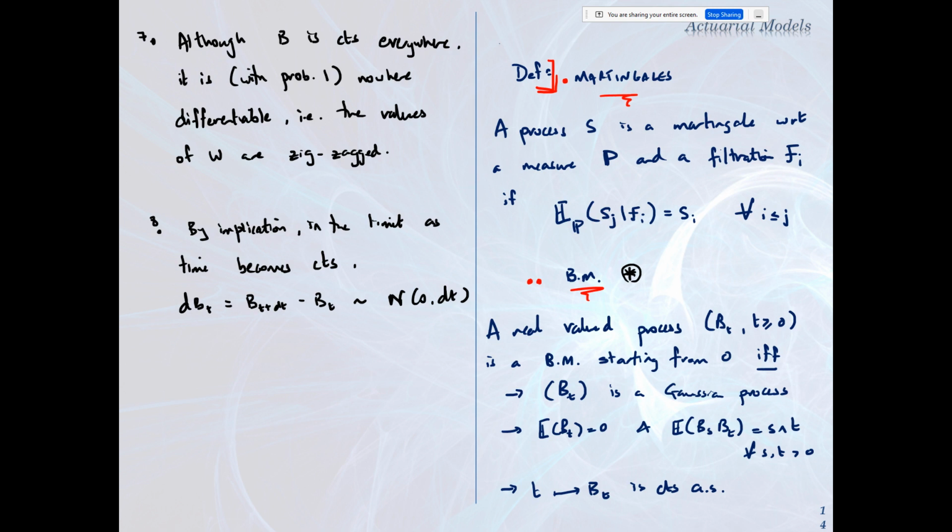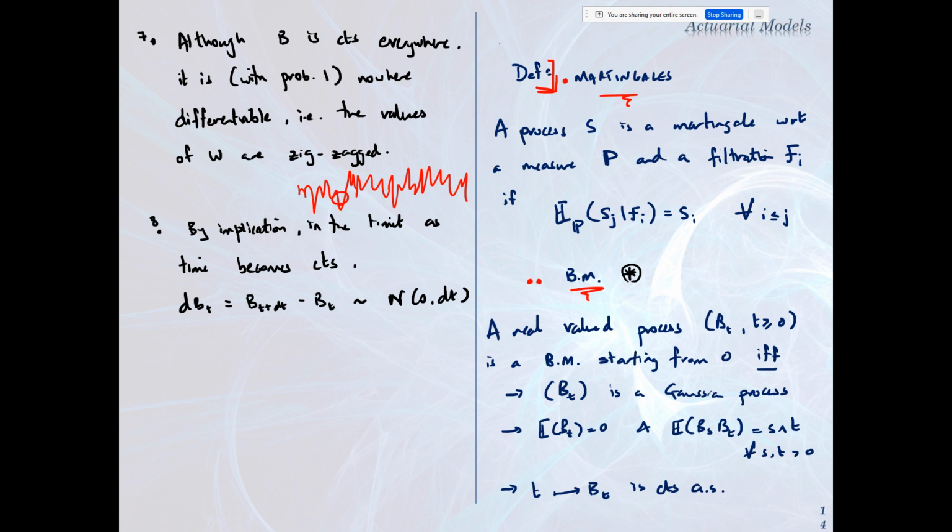Good. So although B_t is continuous everywhere, it is with probability 1 nowhere differentiable, that is, the values of W are zigzag. So for a Brownian motion, a true one, a continuous time process, let's say it is like this. When we see the process, it is like this. What is being said here is that if you take